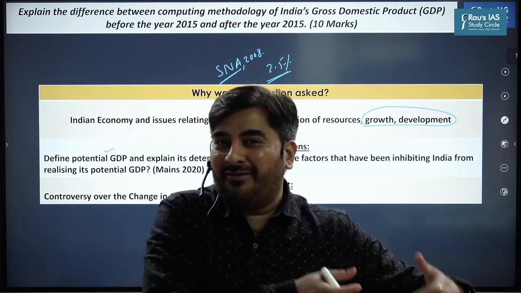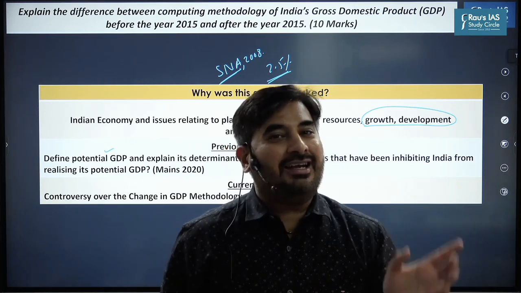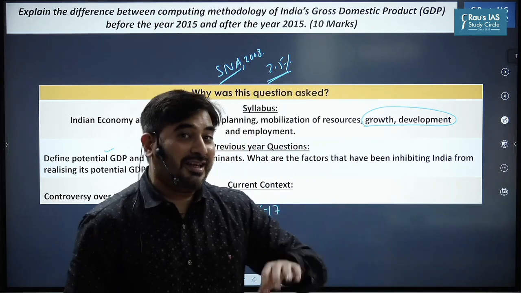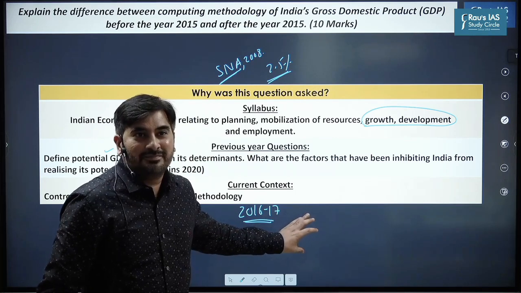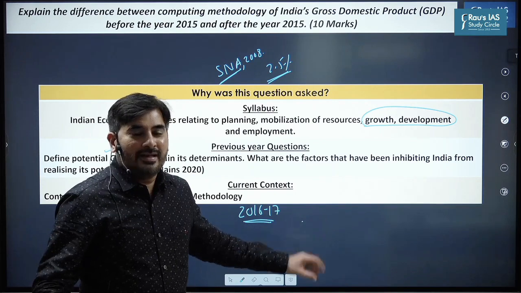But what did our GDP methodology show? Our GDP methodology showed that we registered higher GDP growth rate in the year of demonetization. Obviously, people will question this, right? Second point,